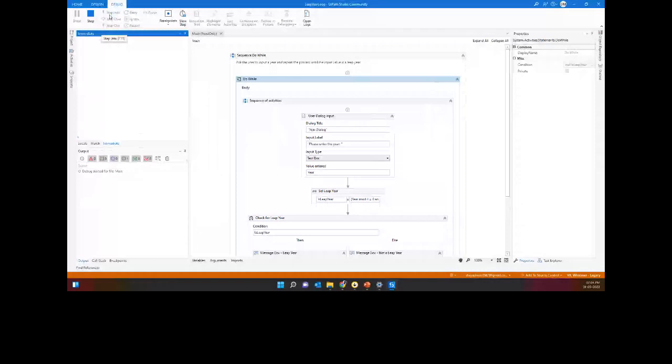So let me give 2022, not a leap year. Let me give 2024. It is a leap year, and it will stop the execution. If you just observe this one, until you give the year which is actual